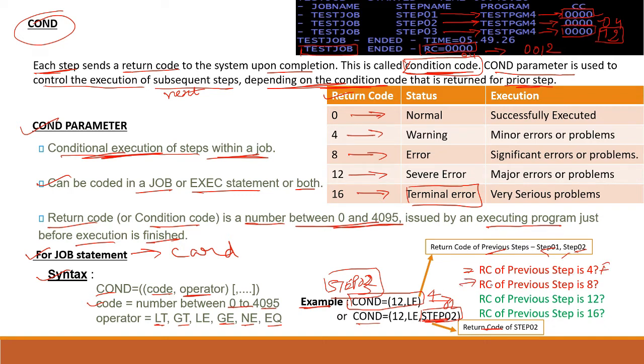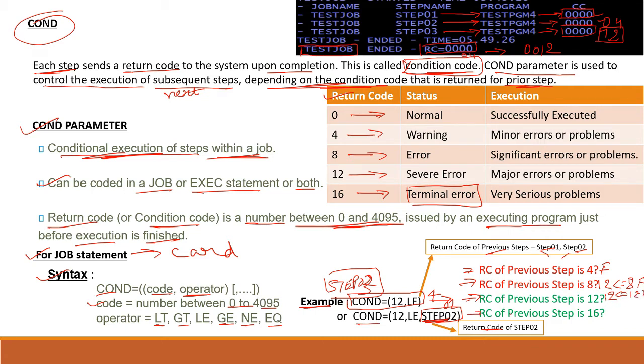And if the RC of the previous step is 8, it will check 12 less than or equal to 8? No, it is also false. If the return code of the previous step is 12, it will check 12 equal to 12, which is true.